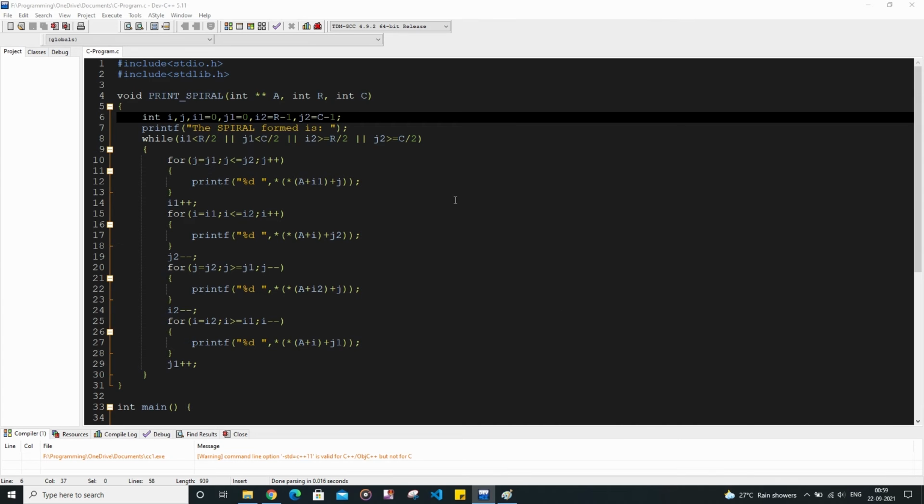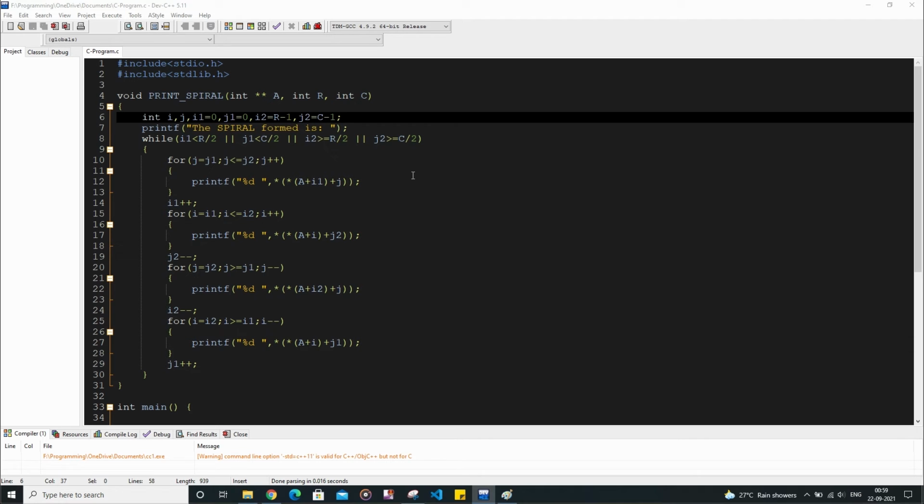Inside the print spiral function, we are going to declare some variables: i, j, i1, j1, i2 and j2. We also initialize i1 as 0, j1 as 0, i2 as r minus 1 and j2 as c minus 1. Then we are going to print the spiral of the matrix.